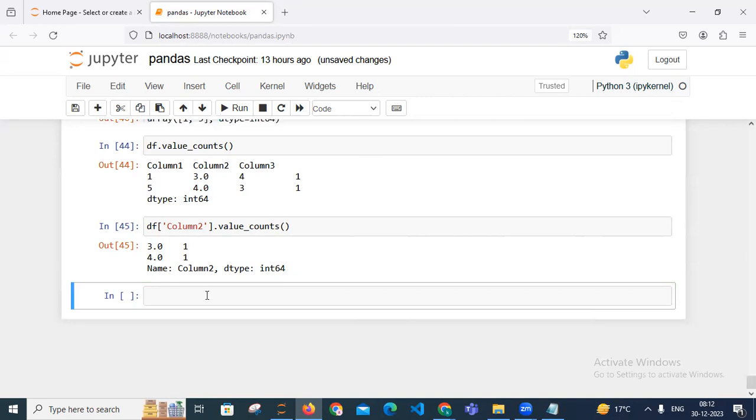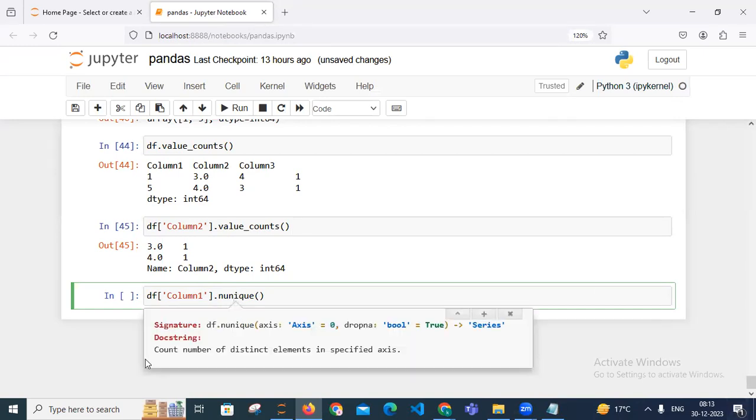Now I'm just going to write here column 1, column 1 dot nunique. Now we can see the definition, just press tab: count number of distinct elements on specified